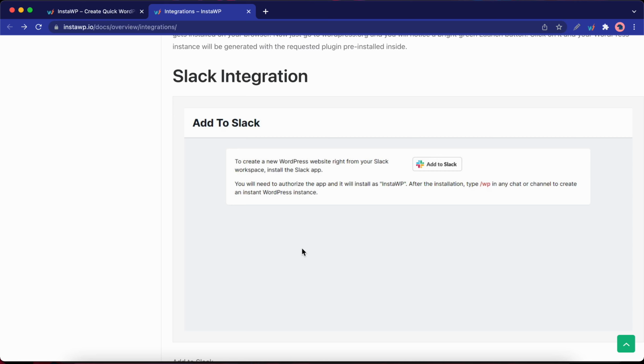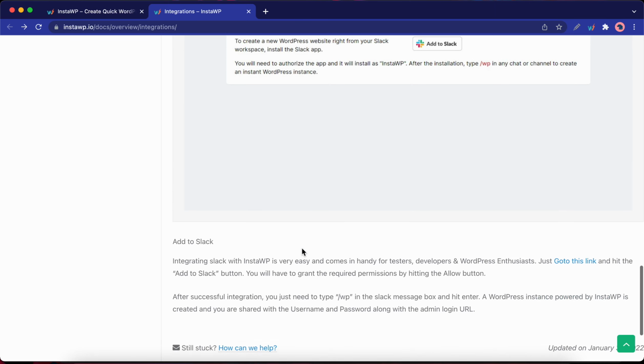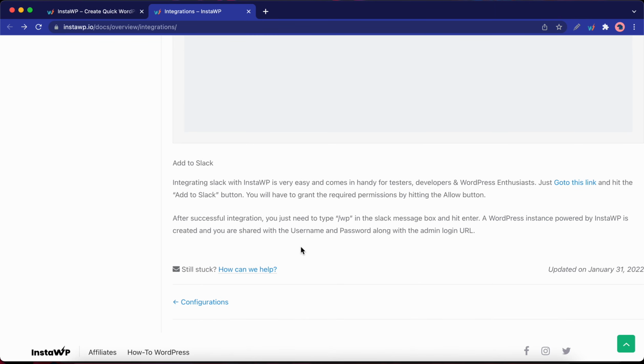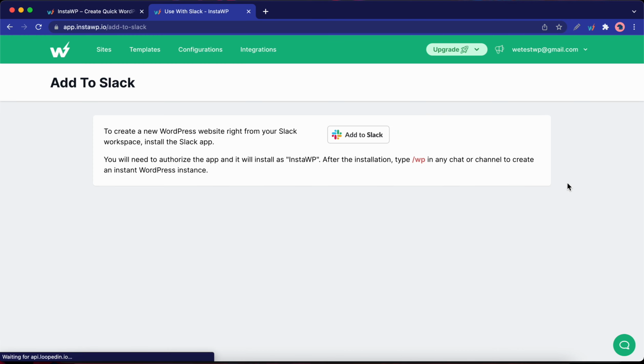Okay, so we're here at the Slack documentation page, and I will leave a link to this in the description as well. If you want to add InstaWP to Slack, you would need to have a Slack account with an active workspace. So I'm going to click on this link, which will be in the description as well. The link will take you to this page where you can click on